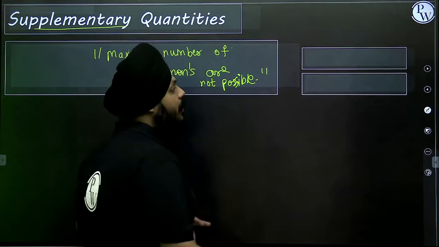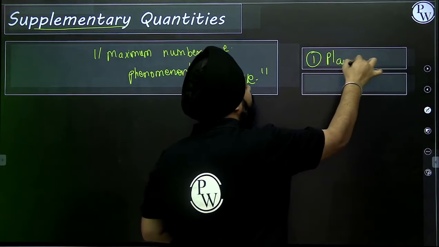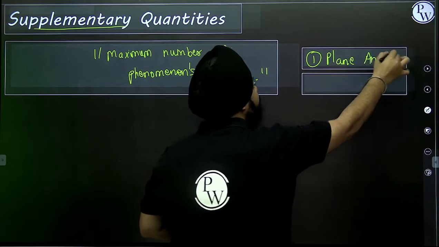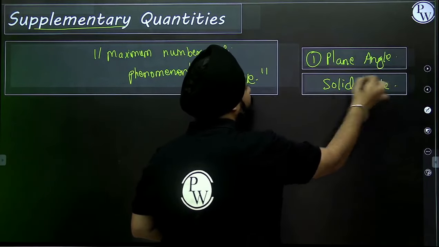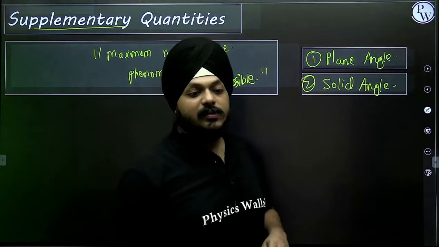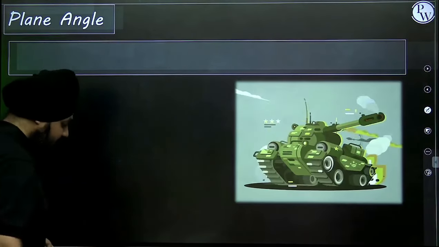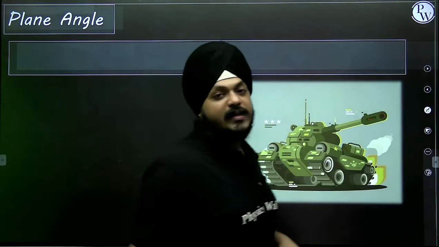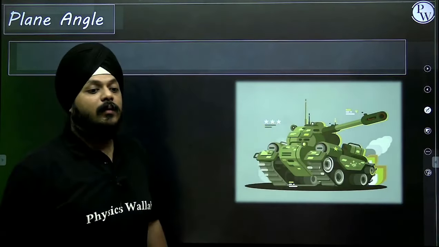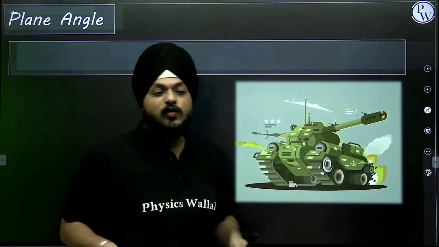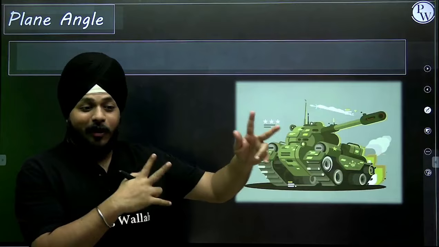So for supplementary physical quantities, we have 2 things. The first one is the plane angle, and the second one is the solid angle. Rapidly we are going to discuss this, and we are going to reach the concepts of dimensional formulas. Now, plane angle. I gave you the example of at what angle mom hit me. Let's imagine one situation: war is going on here, you have a horse and a gun in front.